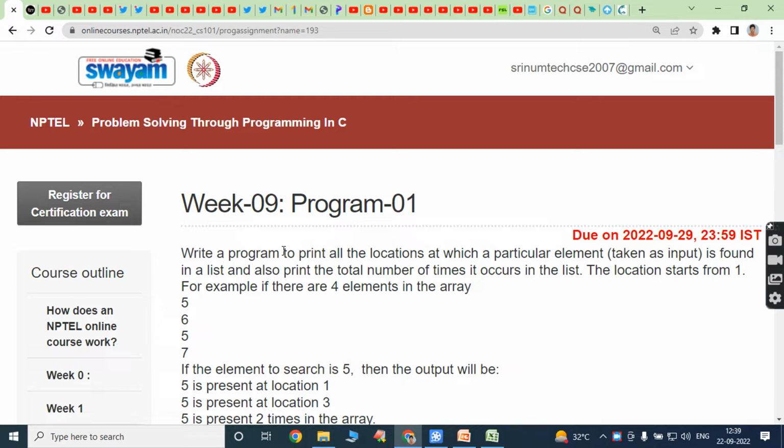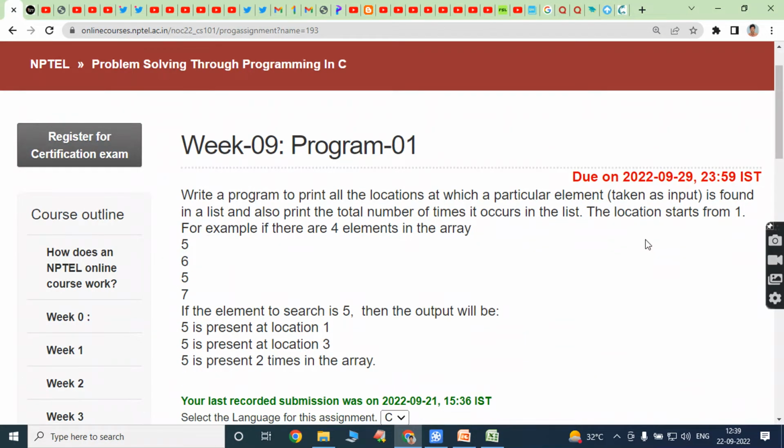Today we have to discuss problem solving through programming in C, week 9 programming assignment solutions. The due date for week 9 programming assignment solutions is 29/9/2022. First program: write a program to print all the locations at which a particular element is found in a